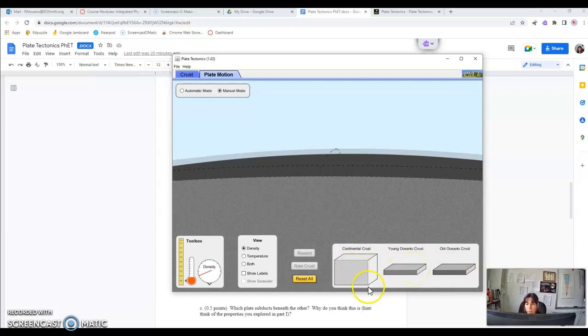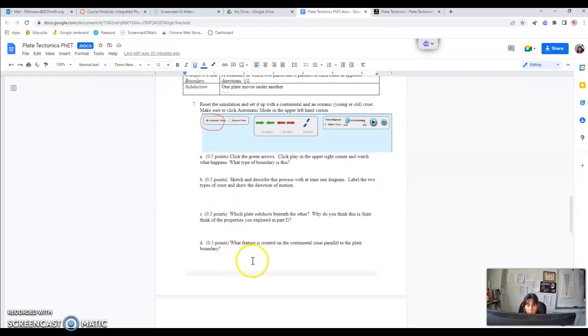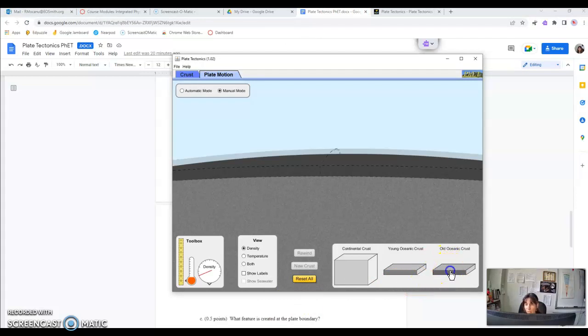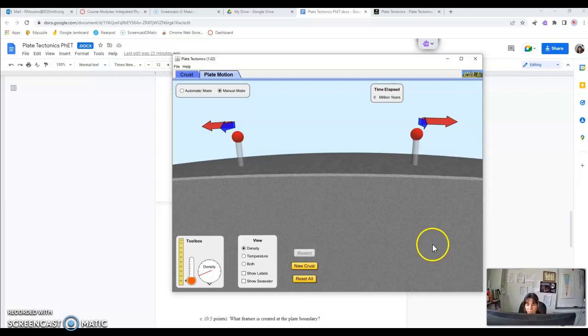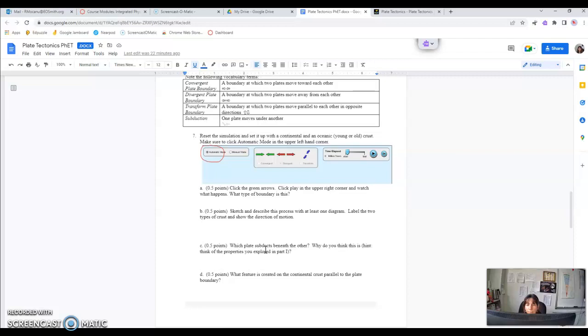So let's say for the first part, I believe it's asking you to click, let's see, well, I actually want to show you a kind of harder one. So let's say 2 old oceanic crusts. It's asking you for question number 8. The other questions are very similar. So I'm going to take old oceanic crust over here and old oceanic crust over here. No, I think we're good. All right,